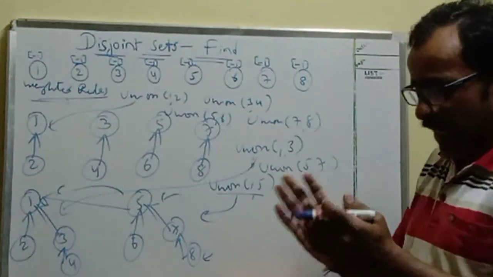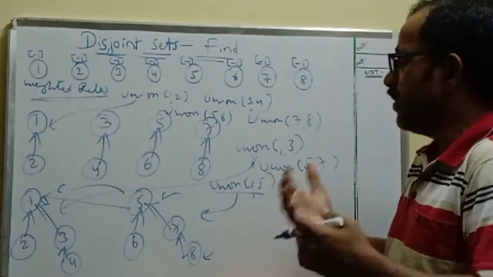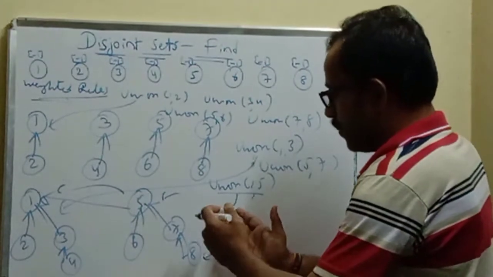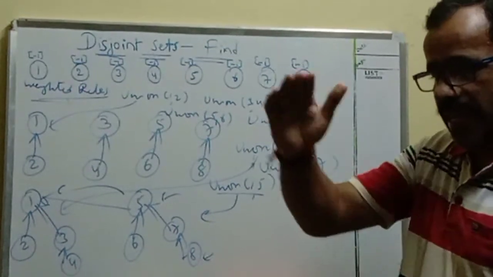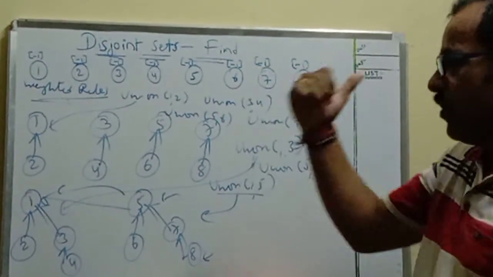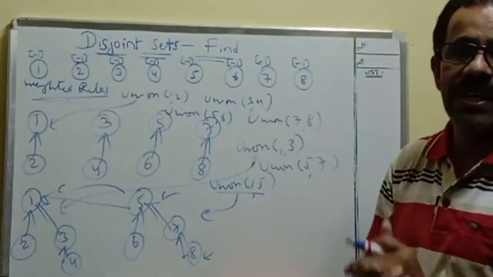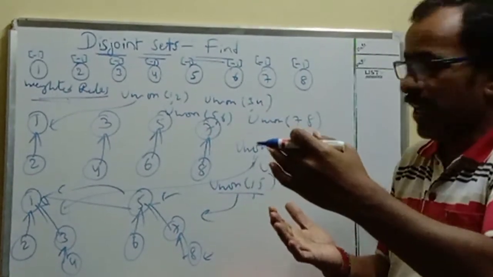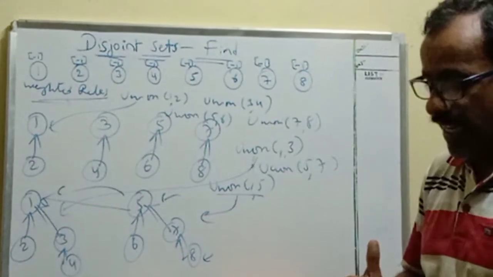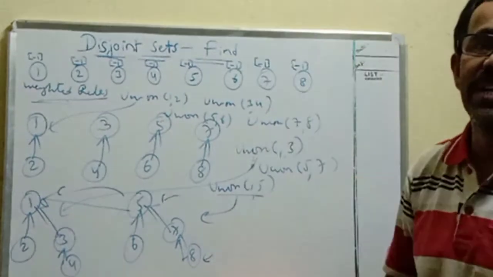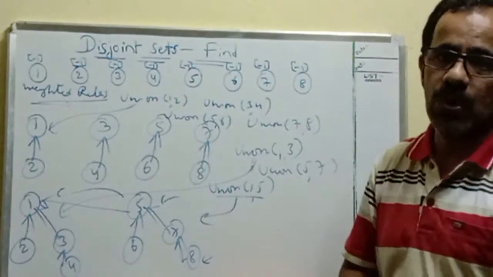Next I will write what the simplest procedure is and how we can update it so that all the elements are attached directly to 1. As in the earlier example of the weighted rule, I constructed the tree in sequence from the first node to the 8th node, performing union between the resultant tree and the next tree. Then we got only a 2 level tree. So the ultimate aim of that updated find operation is to construct a 2 level tree by collapsing all the edges between the nodes. So finally the target is attaching all the nodes as immediate children of the root node. That is the aim. I am going to explain the simple procedure and the collapsing rule.